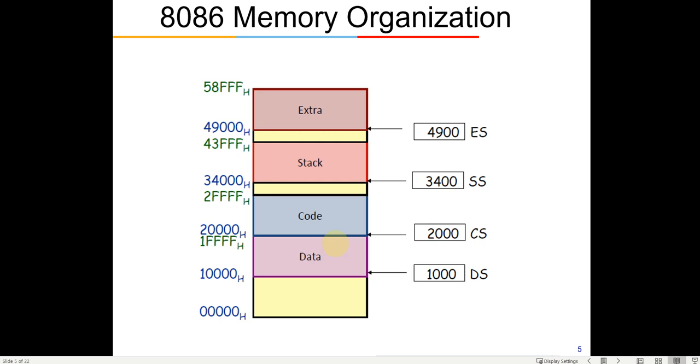Once we learn about these commands in the next theory class, instruction set, we will come to know that using the MOV instruction and giving extra offsets, we can expand the data beyond 64 KB, right? We can't do that for the stack, which uses SS, but the extra segment also can be increased beyond 64 KB.